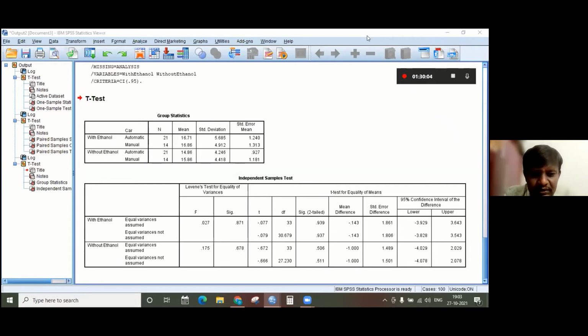Nagarajan sir, the measure shows nominal, but it has to be changed to scale. For applying an independent sample t-test, one variable must be a nominal variable. The other variable should be either an ordinal variable or a scale variable.